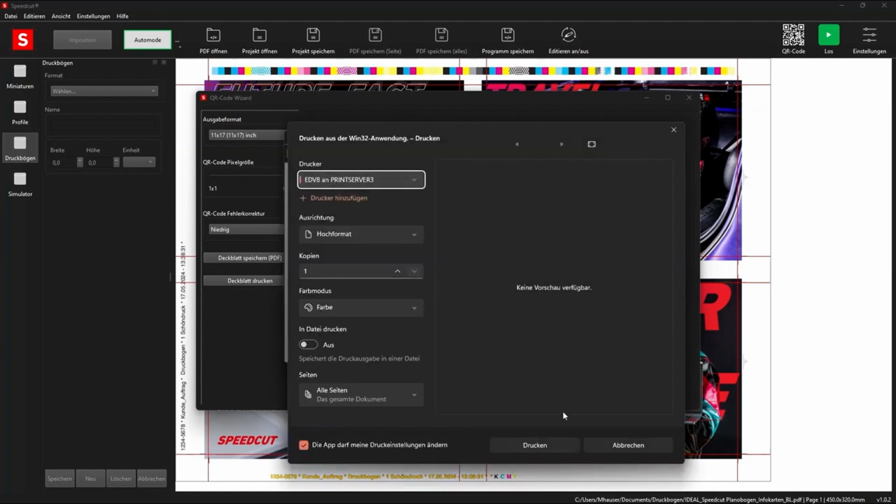Scan the QR code on the cover page directly on the cutting machine, and the cutting program will load